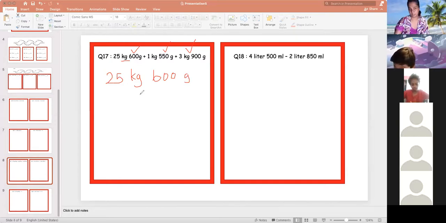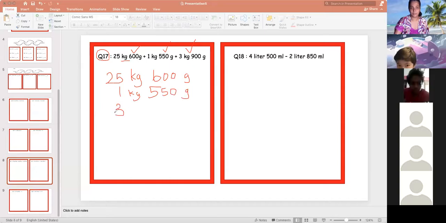Put your answer in the chat. Okay, all of you do question number 17. I will also do it on my screen. Put it in your chat once you get the answer. Okay, 1 kilogram, 550 grams